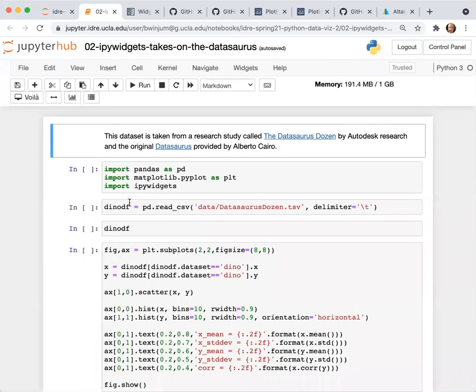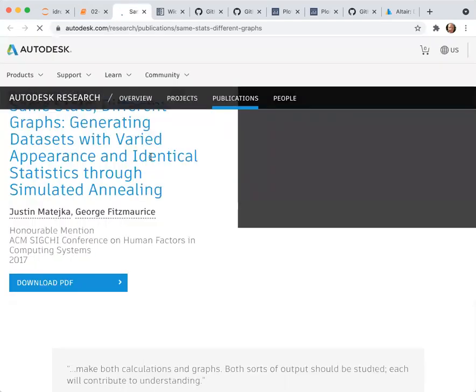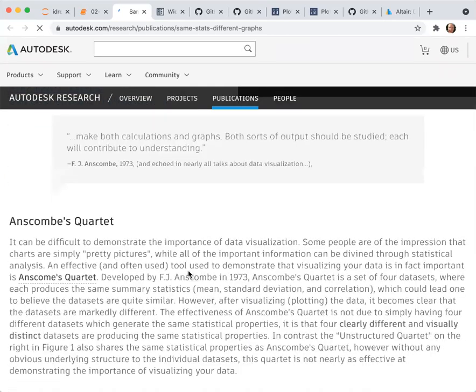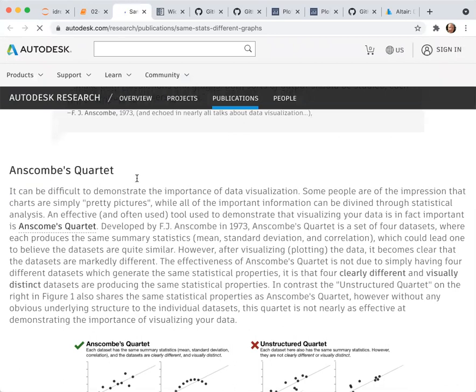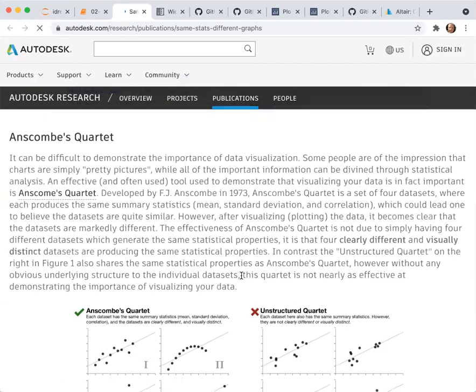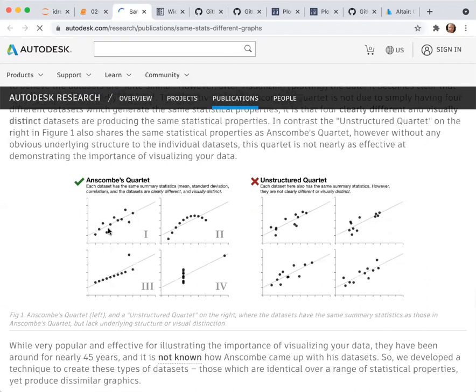If you haven't ever run across the data set called the Datasaurus, it's a really fascinating data set. So I'll show it to you here. The motivation for this is derived from a famous data set called Anscombe's Quartet. Anscombe's Quartet, which is illustrated by the plots here, is just a simple set of data points that are plotted here as a scatter plot. There are 4 data sets, one for each of the graphics that's generated.